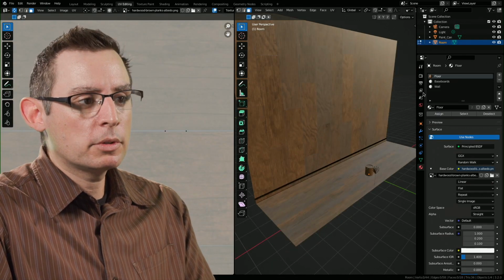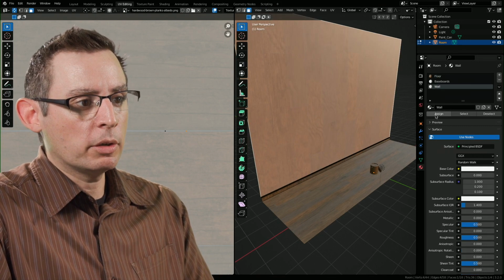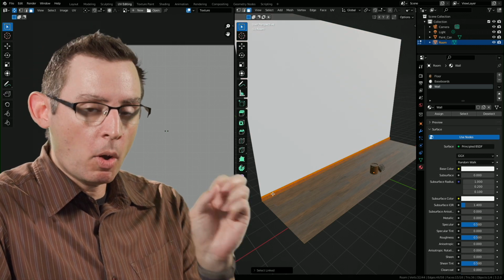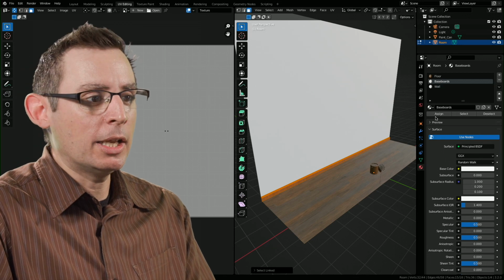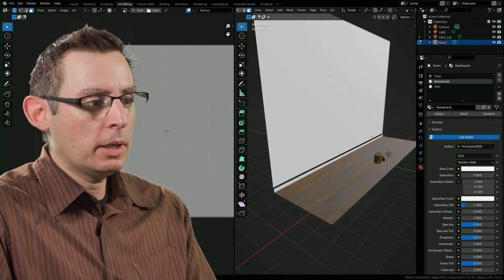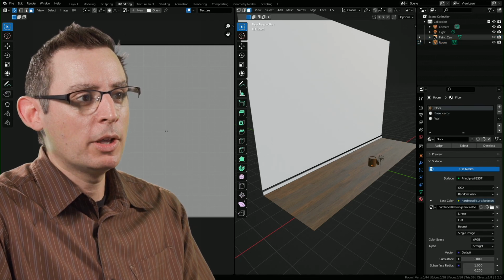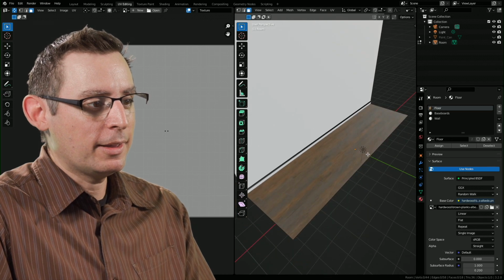Yep, looking good. Let's grab this wall, assign it to the wall material. I'm going to hit the L key as I hover over my baseboards to grab all the polygons that are associated with that polygon group. And as one might imagine, assign it to the baseboards material. And now we're up and running. Shoot, the paint can is getting that same default floor material. So for the time being, let's just turn the visibility of the paint can off and things are working.